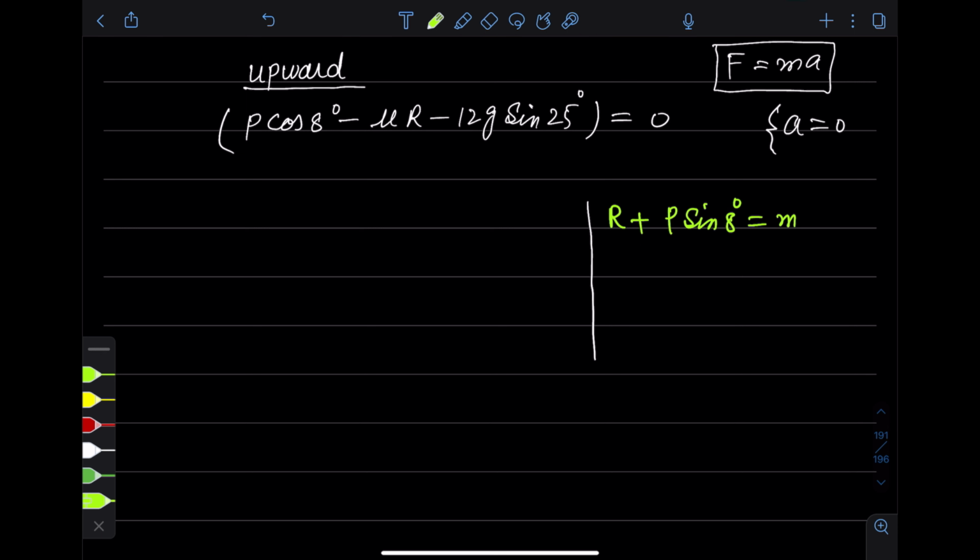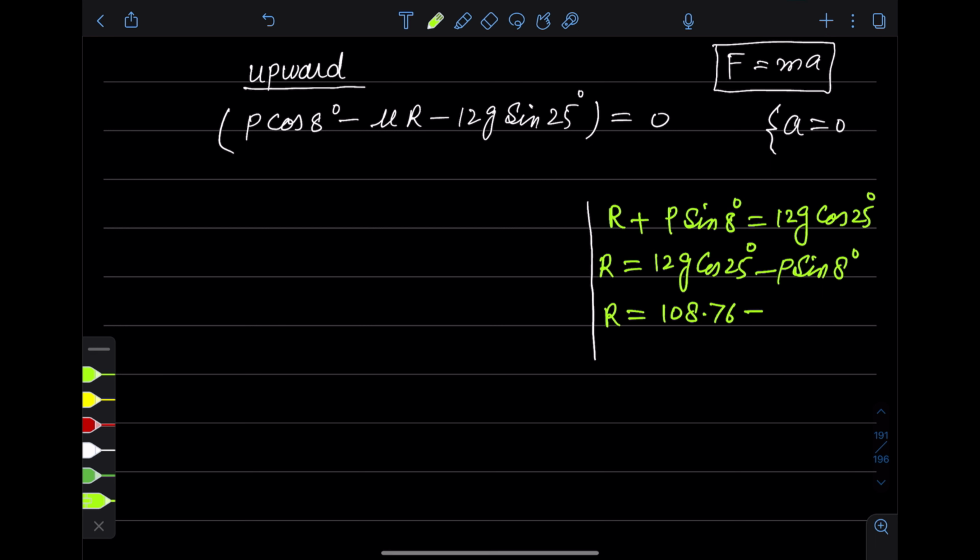एक परपेंडिकुलर टू द प्लेन है डाउनवर्ड. एम जी 12 जी कॉस 25 डिग्री. From here we can find R. R will be equal to 12g cos 25 degree minus P sin 8 degree. तो अब हम इसको कैलकुलेट करेंगे। 12g की वैल्यू जो होती है वो 10 होती है। cos 25 माइनस पी साइन 8 डिग्री कैलकुलेटर से हम लेंगे तो दिस विल बिकम